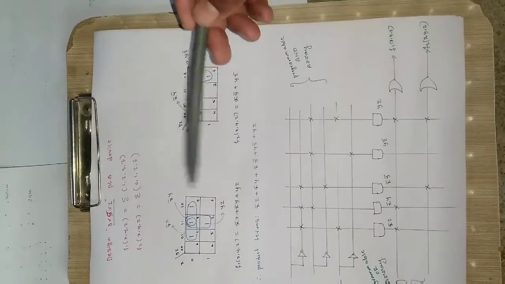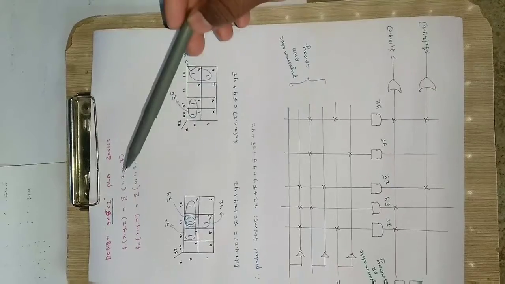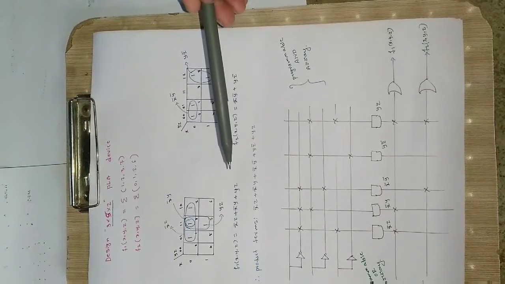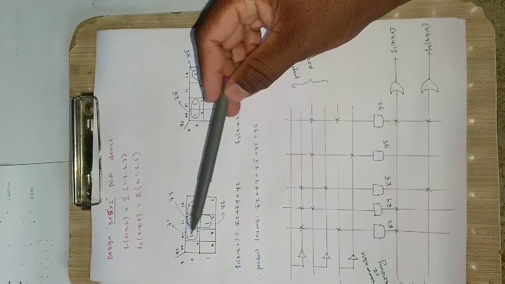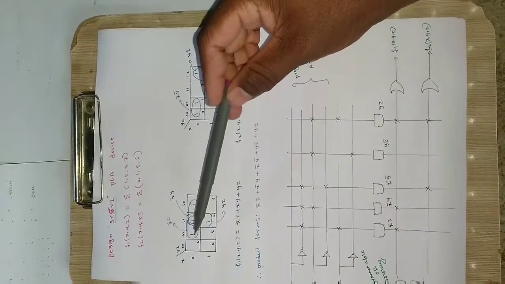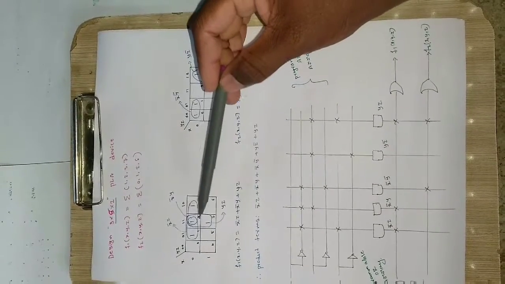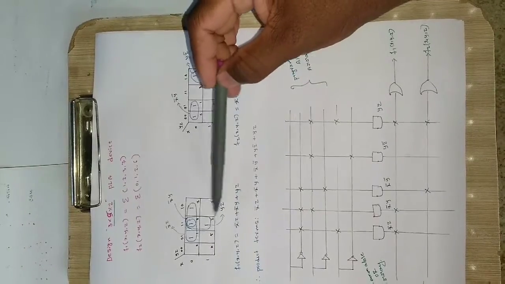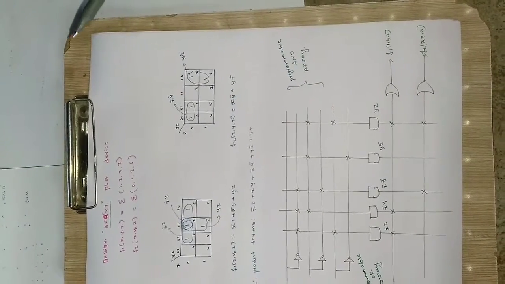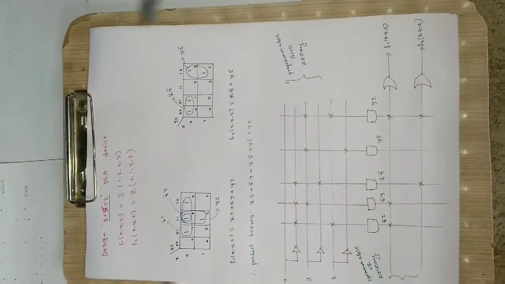Okay, so let us move on. First I will take the first equation, that is 1, 2, 3, 7 are the minterms which are present. So I will put 1 in the cells for these numbers: in case of 1 I will put 1, for 2 I will put 1, for 3 I will put 1, for 7 I will put 1. The rest will be don't care. We can either leave them blank or put a 0 there.